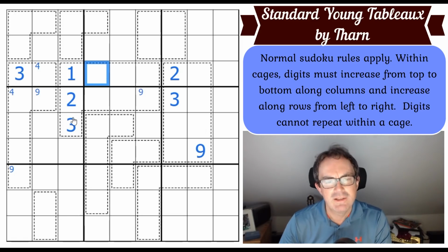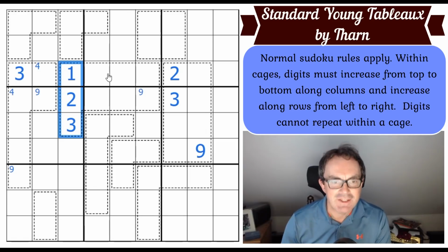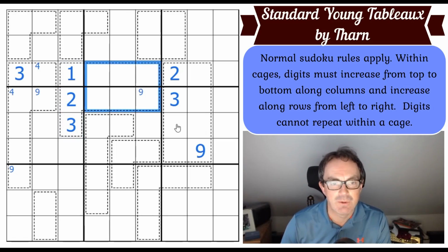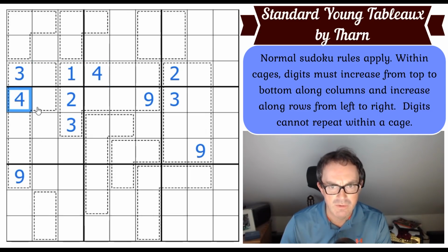Now surely, yeah, this is interesting, because now that sort of resets the cage. We can almost view this now as a new cage. So we must put 4 in the top left-hand corner of it. And now 9 can't go here, so 9 goes there in that cage. 9 can't go here now by Sudoku, so 9 must go here. That can't be 4, it seems, anymore, so 4 must go there. Now,